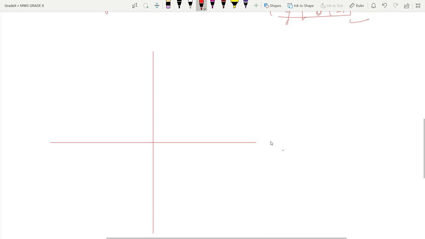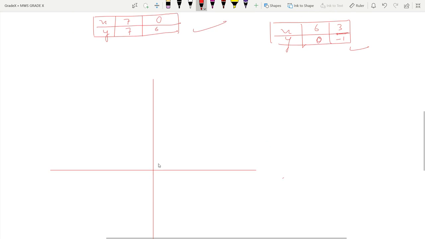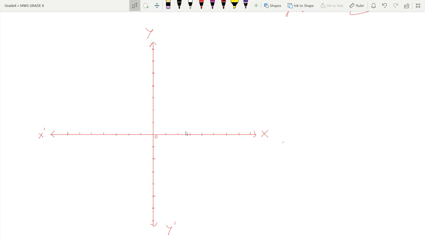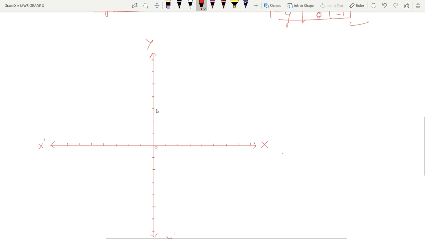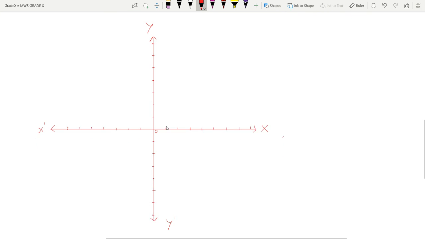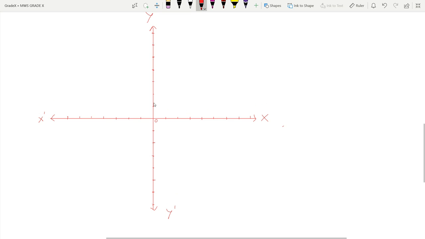Okay, let me take equal divisions here. So I am ready with the equal gaps. I tried hard to make these equal gaps, because you are having your own graph, so with the help of graph, you can easily do this question. I am doing it here on an A4 size sheet. I have taken a gap of 1 centimeter. On graph paper there is no need to take equal gaps because the squares represent equal gaps.